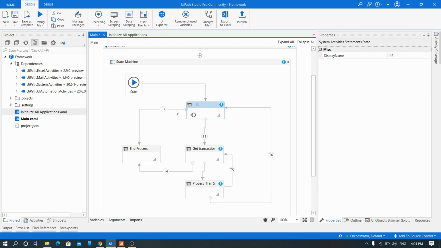So there are two inputs and two outputs. So when to go with this flow and when to go with this flow. This happens with respect to the condition. We have to put the condition here. If this condition satisfies, it will go to the T3 part. If the condition what you write here satisfies, then the init will proceed with the T1 part. So end process, when to end the process, when we got the error in initialize sequence.